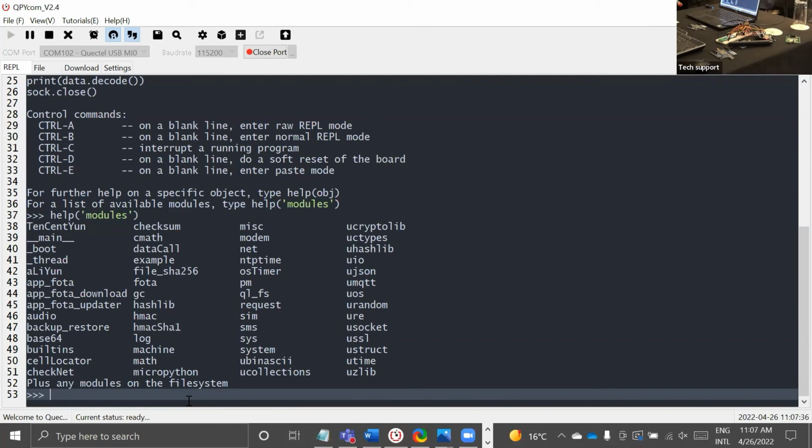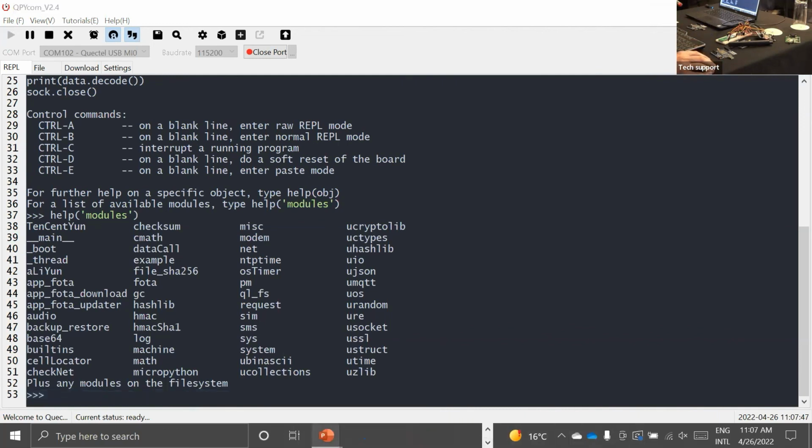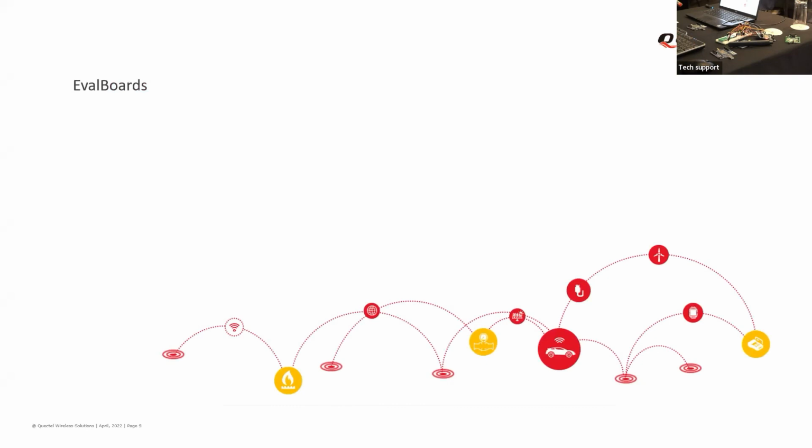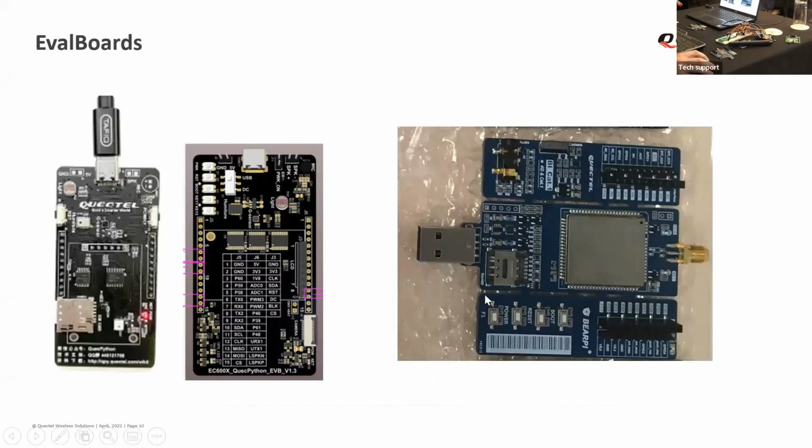If you want to see what a module, let's say a library in Python, does, you could go to the documentation. And I think up to this moment, that documentation is good. Maybe I'm not following the presentation, but this is the story about the eval boards, because I have this one and you have something like this.